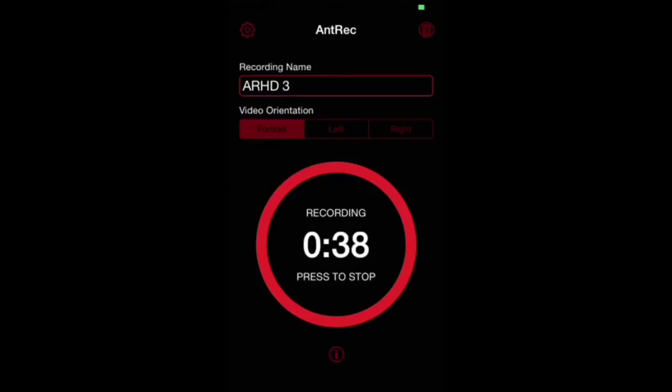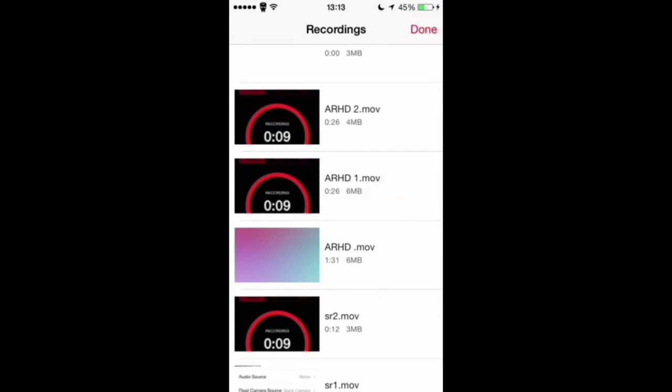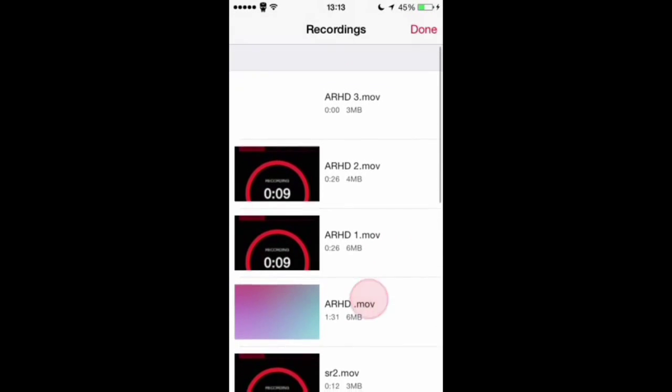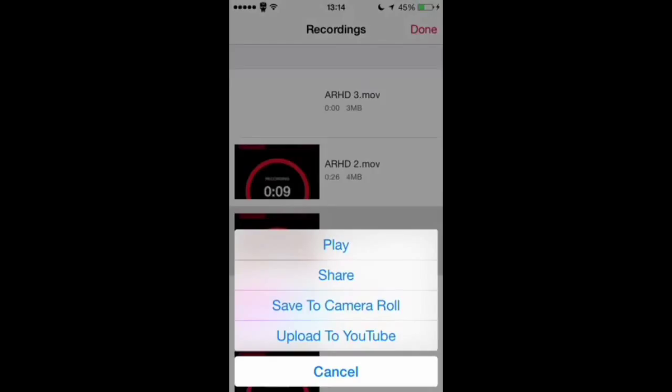Now what I also like as well is when you're recording, or once you've saved it, you can actually click up here and it'll show you then your recordings. So for example, on one of the ones we did at the moment, you can just play it in the app, you can share it, save it to camera roll, or upload it directly to YouTube, so it saves taking up extra space if you've got it in one go without editing. So we're just going to click on the share,